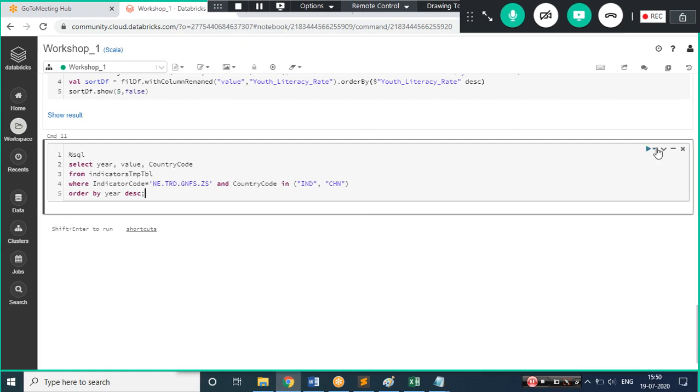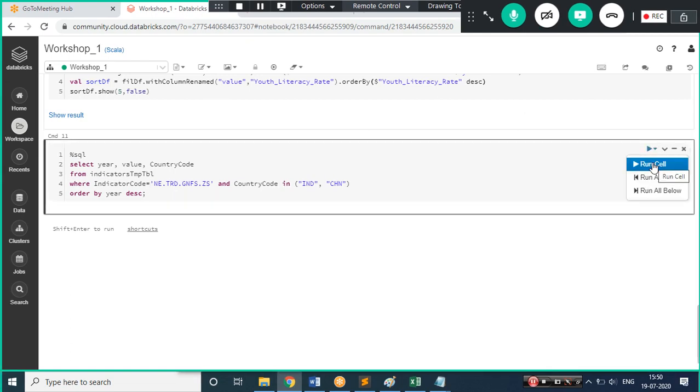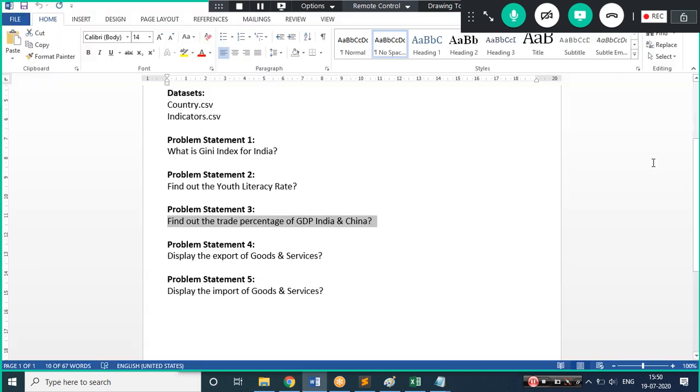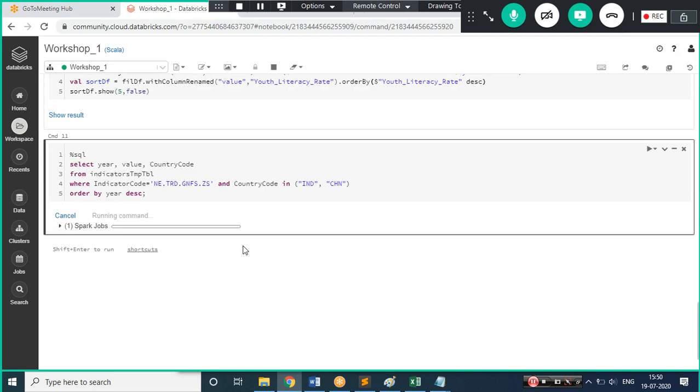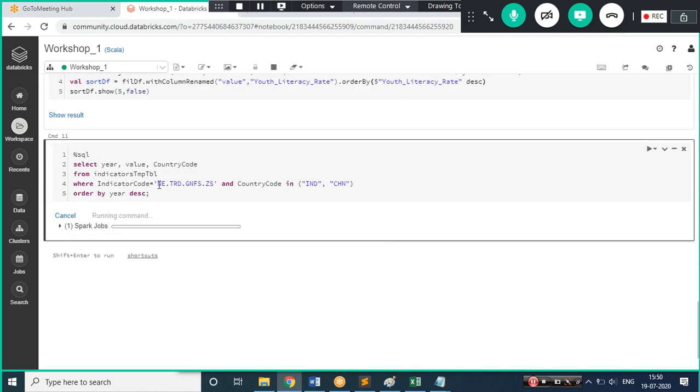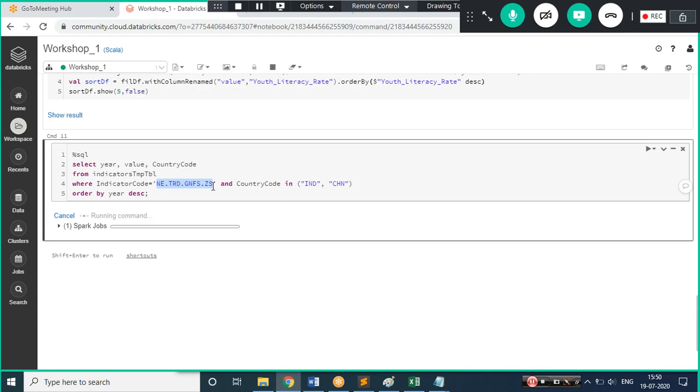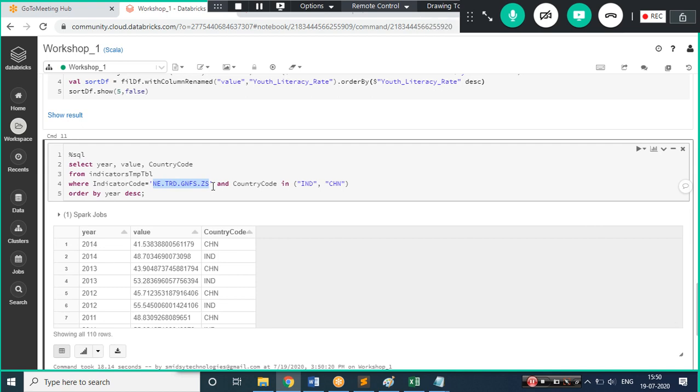Okay, so now let's run this query, and what we are trying to find out over here is the percentage of trade between the two countries, that is China and India. Okay, so this is the code. This is just the evaluation. Once you get the data, you try to evaluate it on the first 5 records, 10 records. You just see what the column values are pointing to, because once the requirement is given, you need to be sure what you are trying to achieve out of it. So that's why it becomes pretty easy.